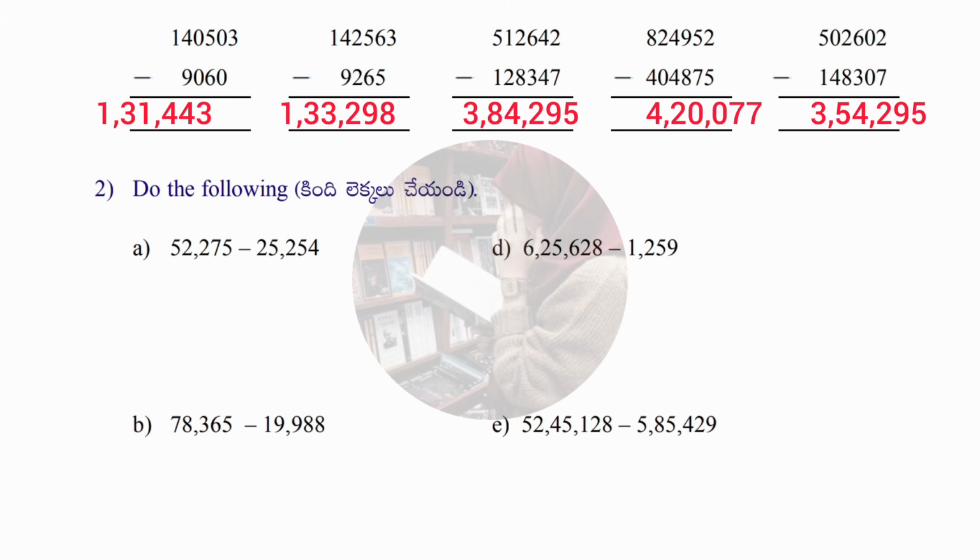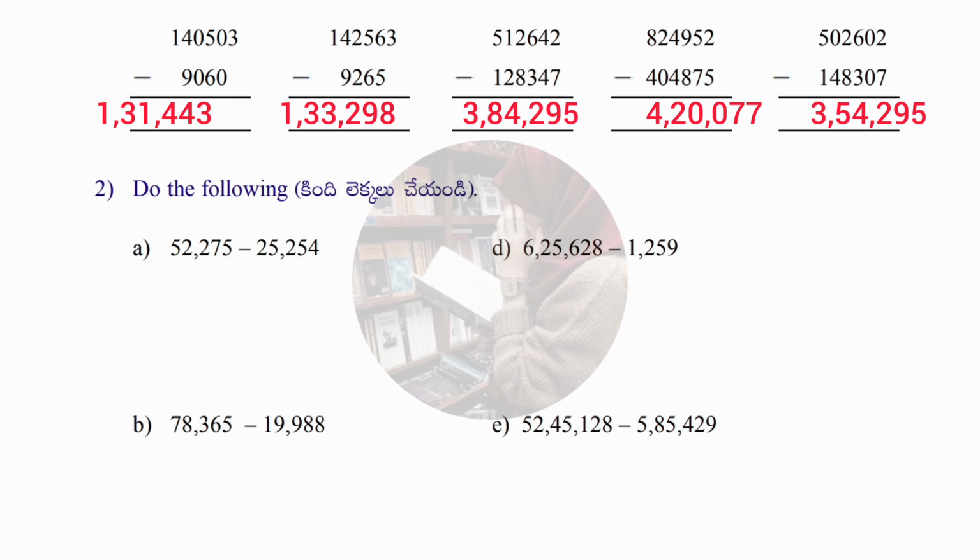Next one, 5,12,642 minus 1,28,347 is equal to 3,84,295. Next one, 8,24,952 minus 4,04,875 is equal to